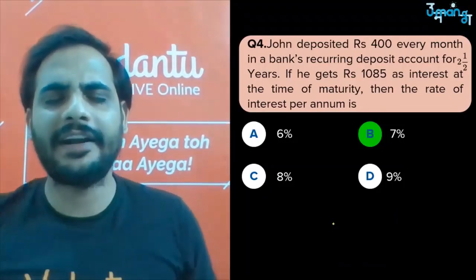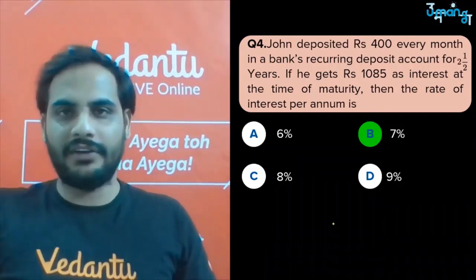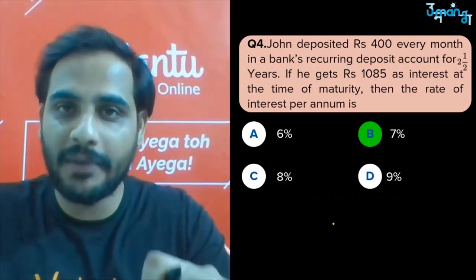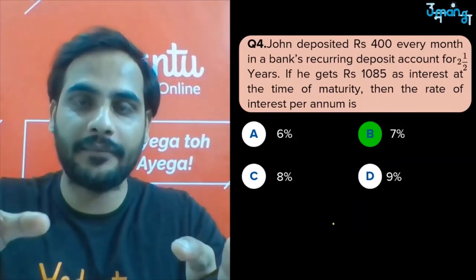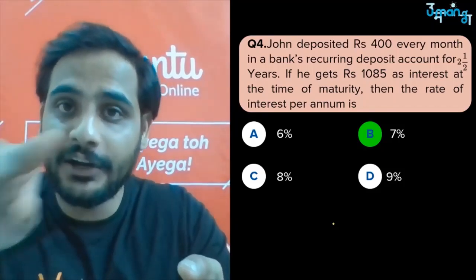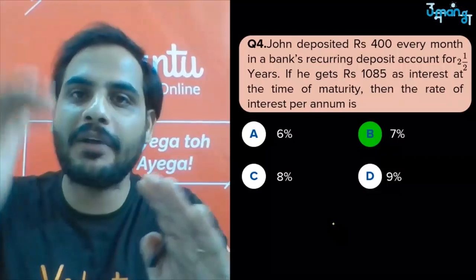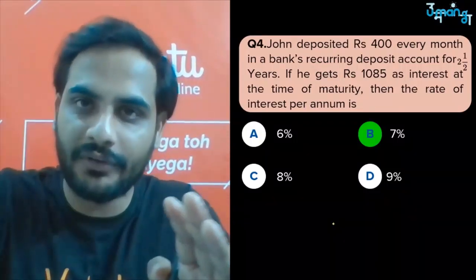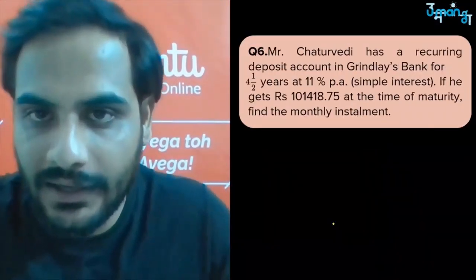Okay. So every time same formula: interest, principal amount, maturity value. So interest formula is P into n plus 1 divided by 2 into R by 12 into 1 by 100. Maturity value will be n into P, amount deposited per month into number of months, plus the interest. Why are we doing n into p? Because we are finding out how much amount you have deposited. So each month p, so total months will be n into p. Got it? Let's go for the next question.